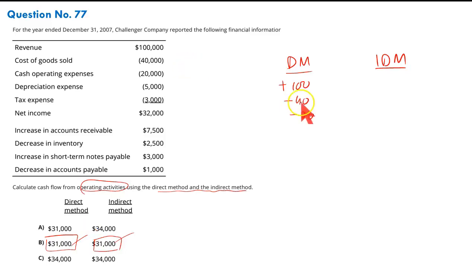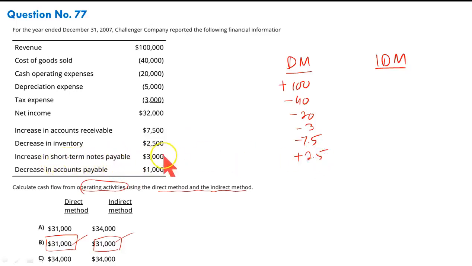So 100 less 40 less 20. We don't take depreciation in the direct method. No depreciation. Tax expense, yes, it's a payment. Increase in accounts payable over the period. If accounts increase in account receivable, it means it's an outflow. Increase in account receivable, it is shown as a deduction from it. We'll show it as a deduction from here, 7.5. Decrease in stock, it means we have sold, it's an inflow.